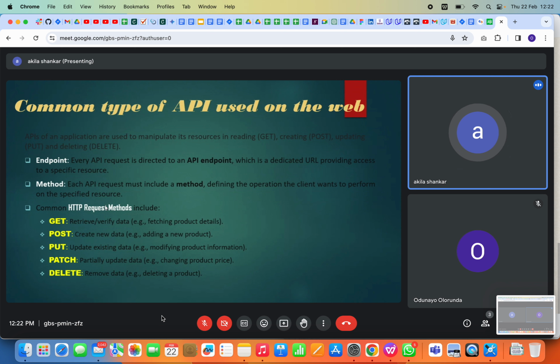First is the endpoint. Every API request is directed to an API endpoint, which is dedicated as a URL providing access to a specific resource. And then we have methods. In each API request, a method has to be included, defining the operation the client wants to perform on the specific resource. The common HTTP request methods which we are going to be using are GET, POST, PUT,